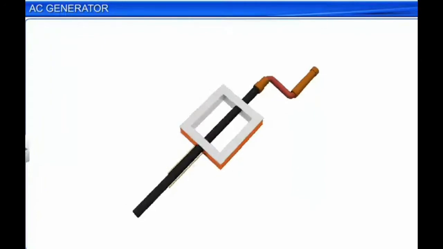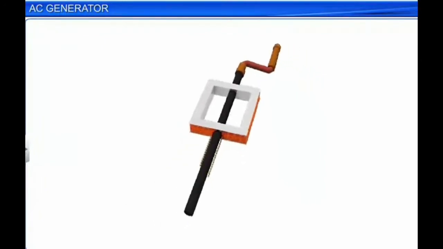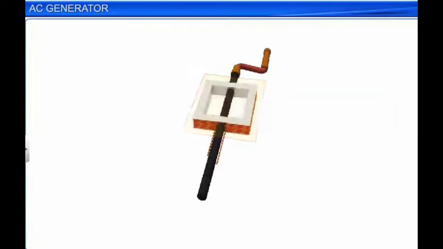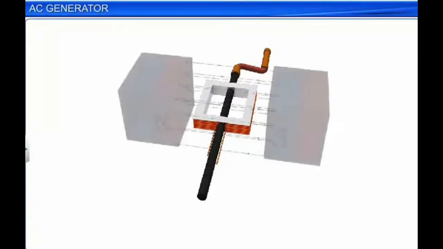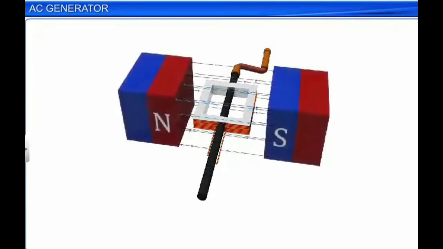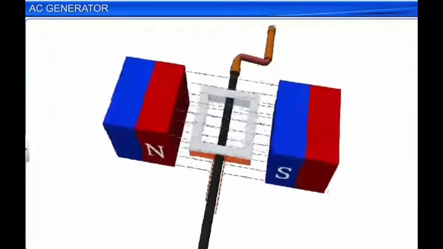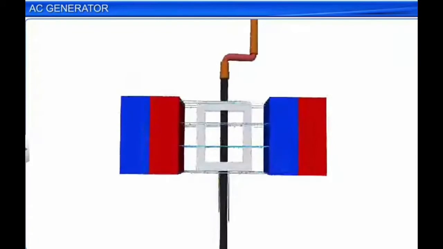electromagnetic induction. In the simplest form, an AC generator consists of a rectangular coil which is mounted on a rotor shaft, and this coil is called as armature. This armature is placed in an external uniform magnetic field. It is placed in such a way that the axis of the armature is perpendicular to the direction of magnetic